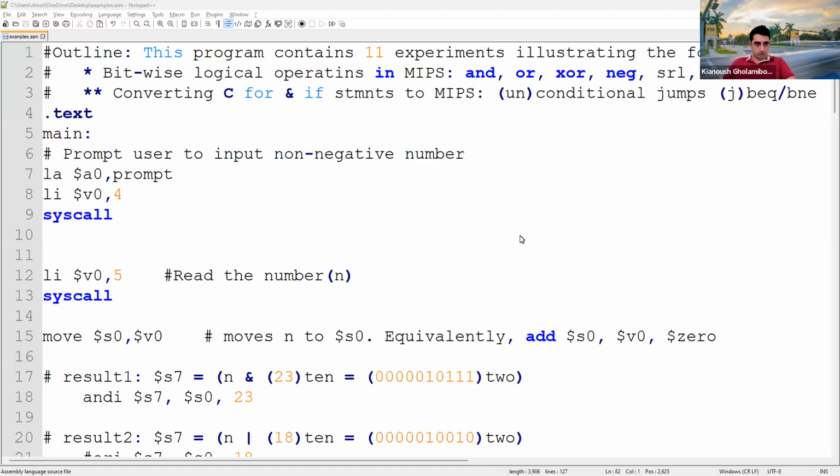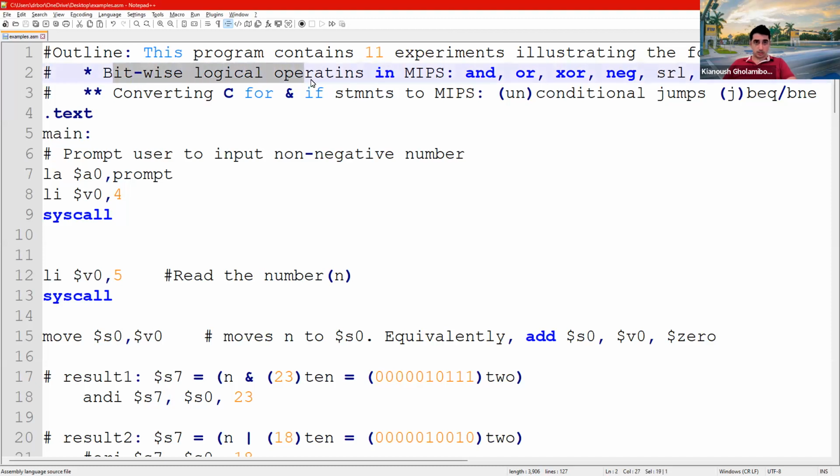Hello, this video is going to explain a number of MIPS programs illustrating bitwise logical operations in MIPS. For example, AND, bitwise OR, bitwise exclusive OR, bitwise negation, bitwise shift right logical, and shift left logical. And also, it's going to show you some programs in MIPS assembly language that illustrate